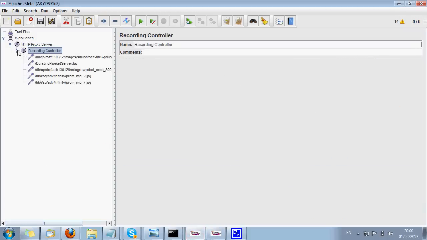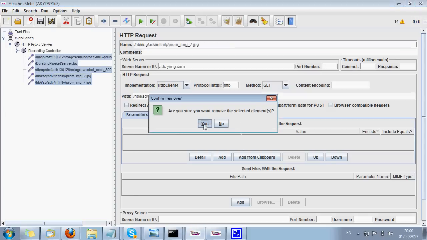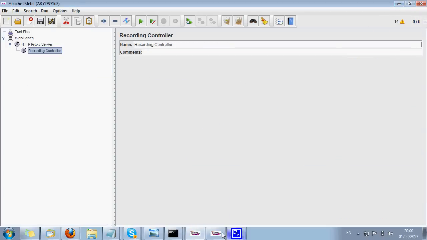Nothing. You can see the server name or IP address, like Yahoo is nowhere. Okay, so let me delete this and the other port entries as well.